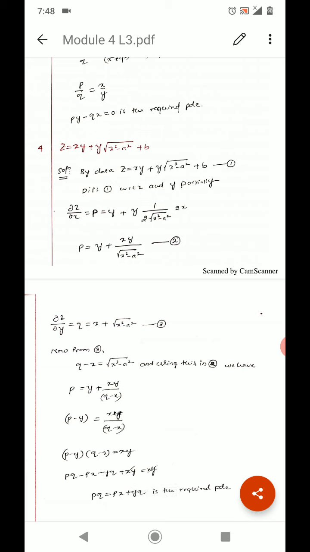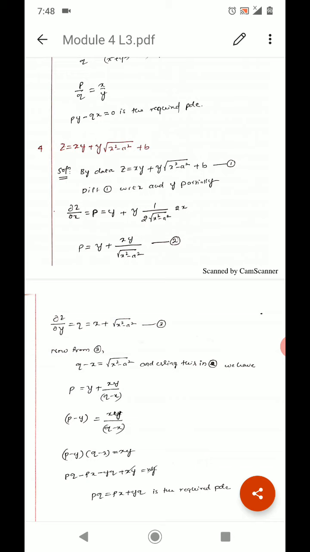Next problem, z equal to xy plus y of square root x square minus a square plus b. Now take the given equation as equation 1 and differentiate with respect to x and y partially. So if we differentiate with respect to x, that means del z by del x, which is equal to p, equal to differentiation of xy with respect to x is y, since x becomes 1,